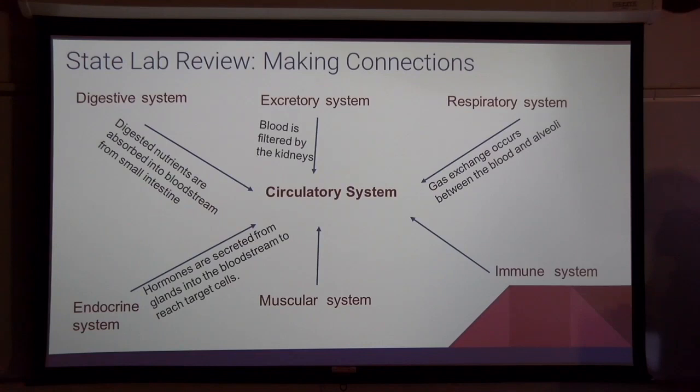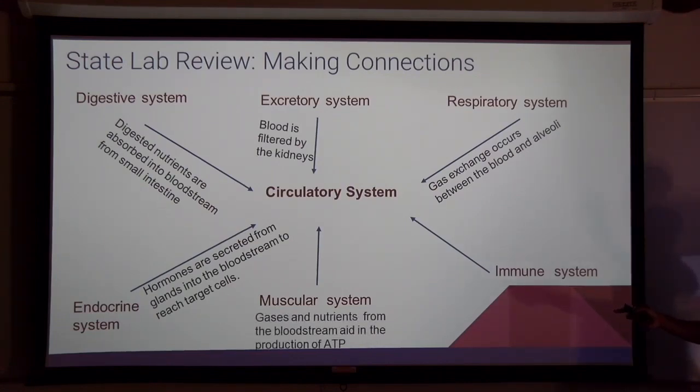target cell. In the Making Connections lab, your musculatory system, the blood will take gas and nutrients to your muscles to help you produce energy, ATP. Or that pain that you were feeling when you're squeezing the clothespin, if there's not enough oxygen getting to your muscles, you produce lactic acid. Your immune system is where you see your white blood cells, and the white blood cells help to create an